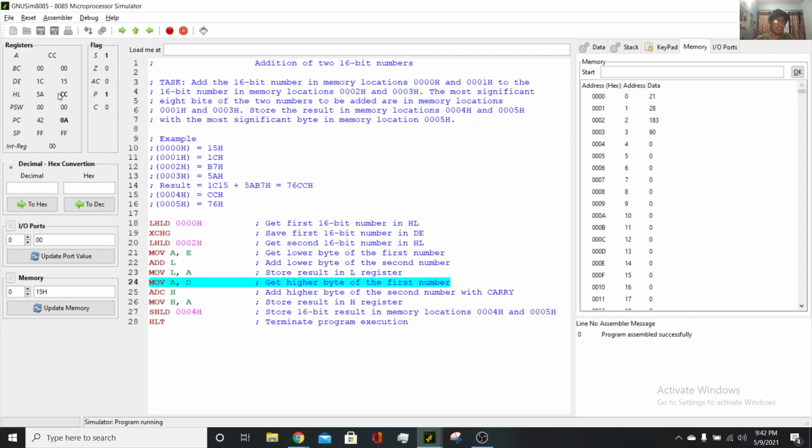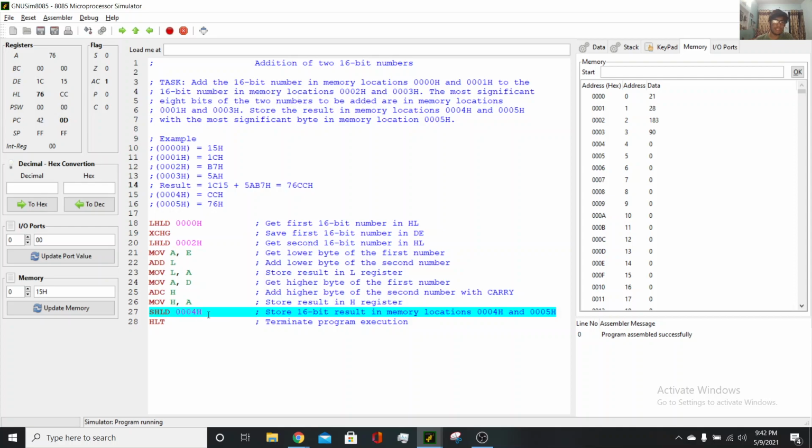So yes, and again D will go to A, 1C. Again adding H with carry, the accumulator becomes 76, and now this value we will store at H. So now the HL pair has the value 76CC, which is our desired answer. So yes, this is correct.